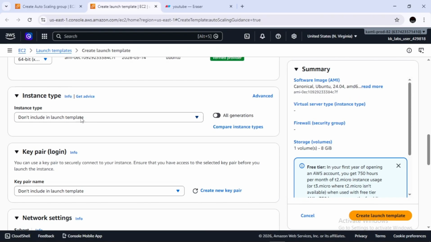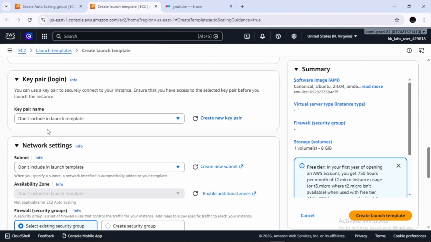For the instance type, I'm just going to stick with "don't include in launch template". As of now, I'm not selecting any kind of instance type so that I can explain you an option while creating an auto scaling group.